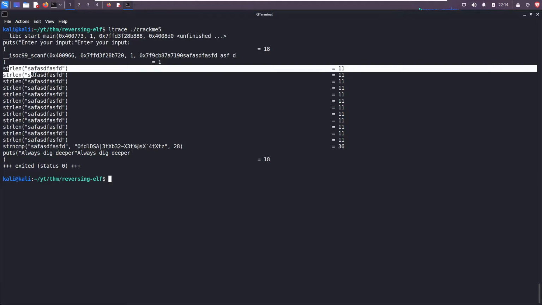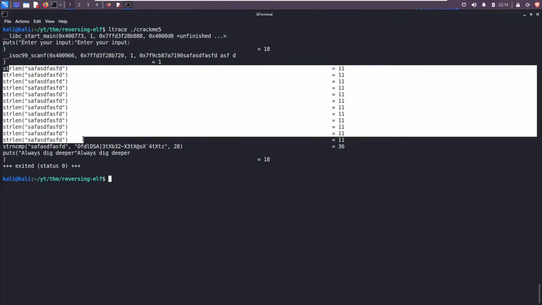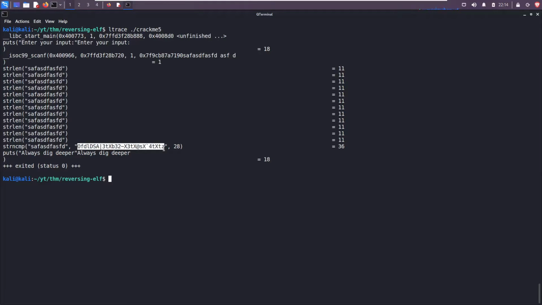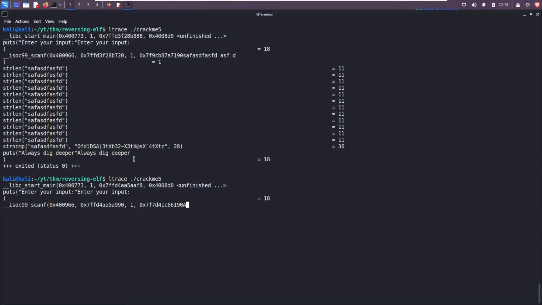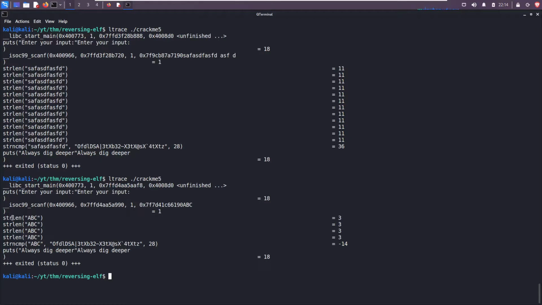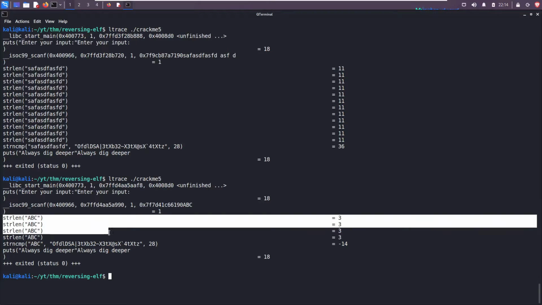Oh, it grabs the string length 1, 2, 3, 4, 5, 6, 7, 8, 9, 10, 11 times. And then it compares it with this. That's interesting. Let me do that again. Let me just type A, B, C. So there must be a for loop. It calls string length